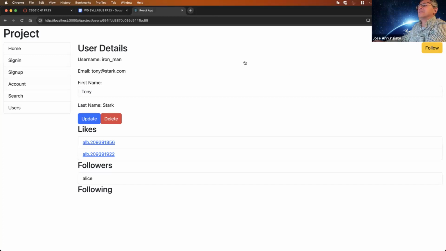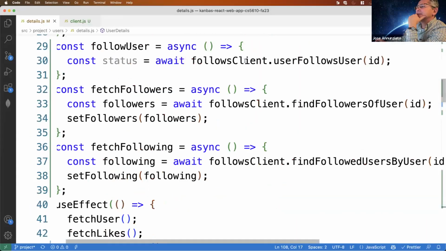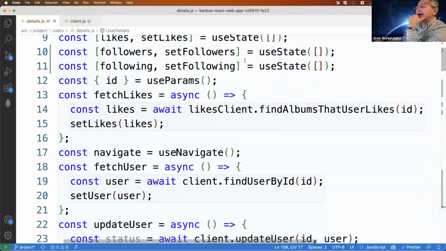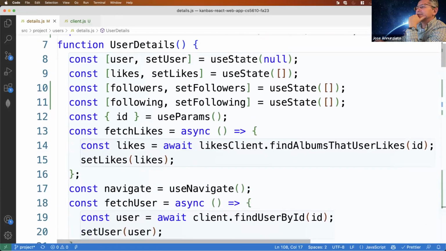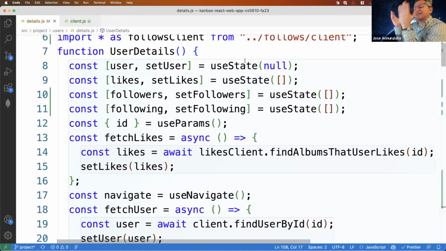In the current user details, we don't have the current user. So there's nothing that would let us know that we are the ones doing the following. So we would need to fetch the current user so we can make that distinction, that comparison. So how would we do that?